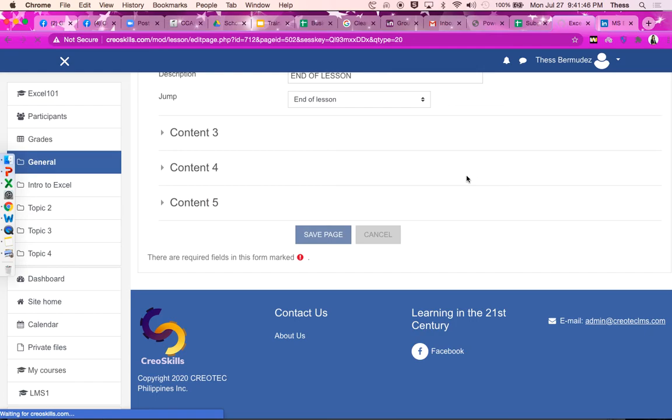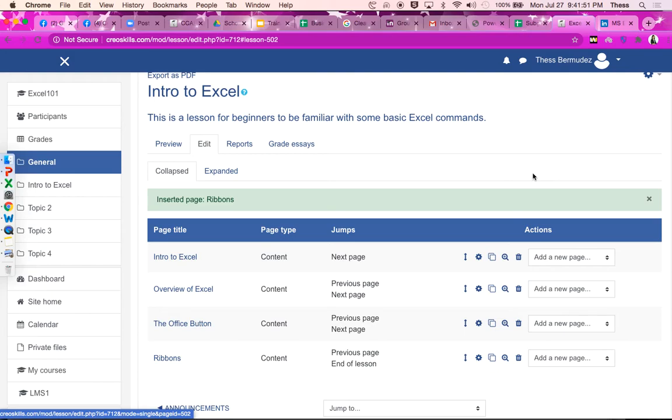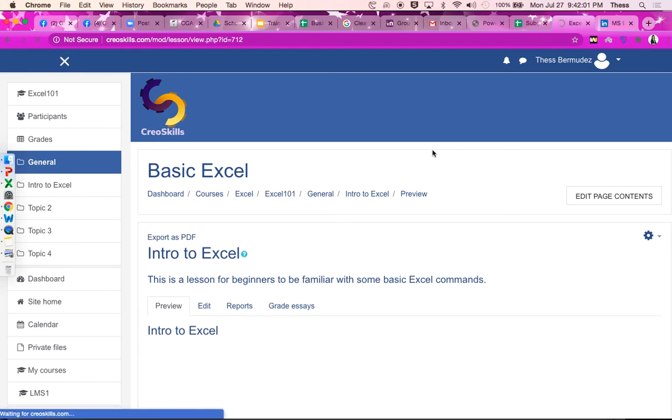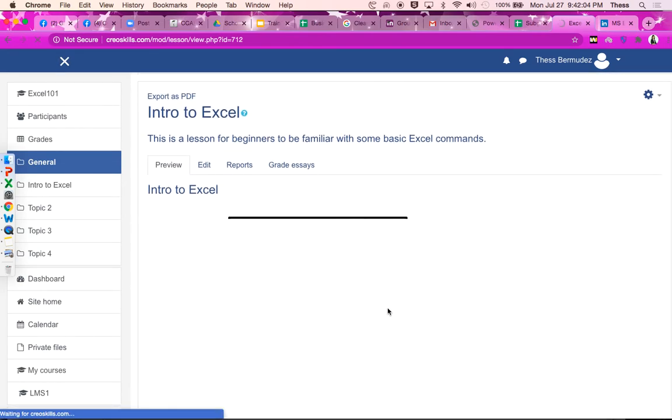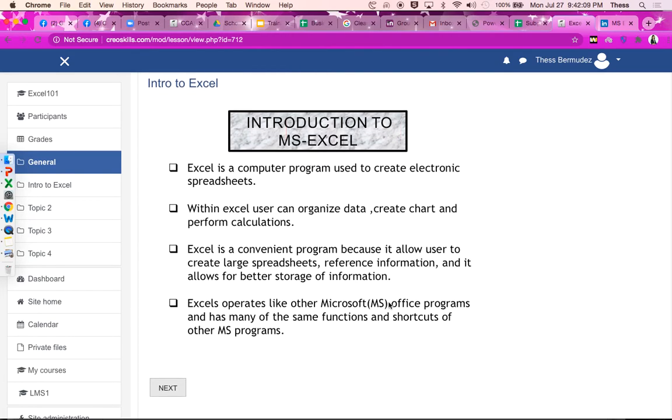Okay, so alright, now we have our content for the intro to Excel. Let's just do the preview of this, and you will see how it looks and how the students will see it when they go through the lesson. So this is the first slide, or the first image. So you see next here, and then I'll click next, and then after that, okay,